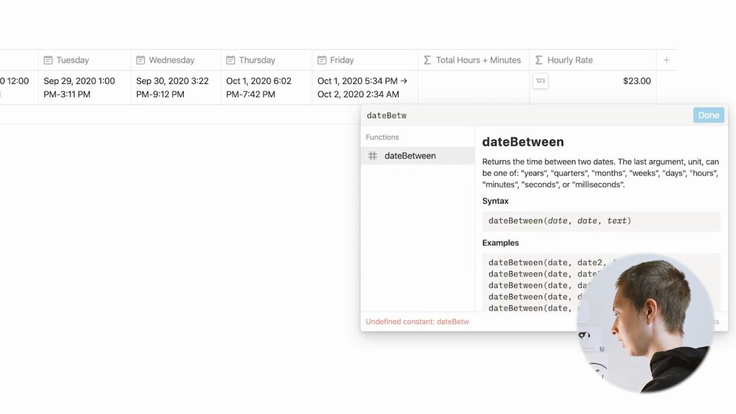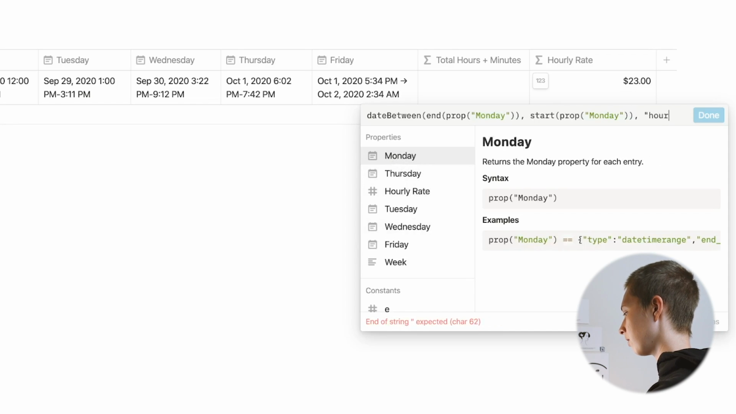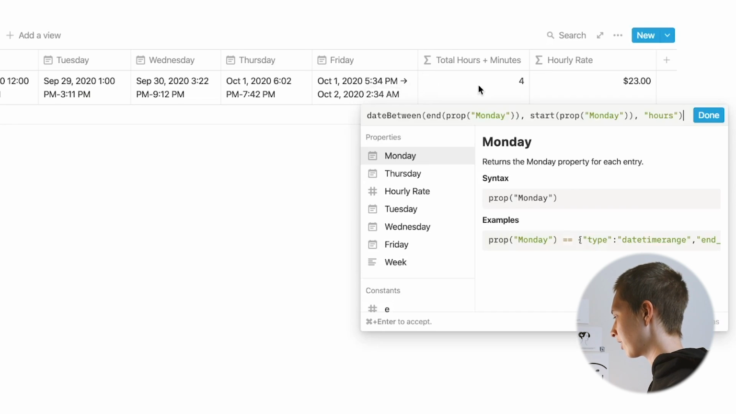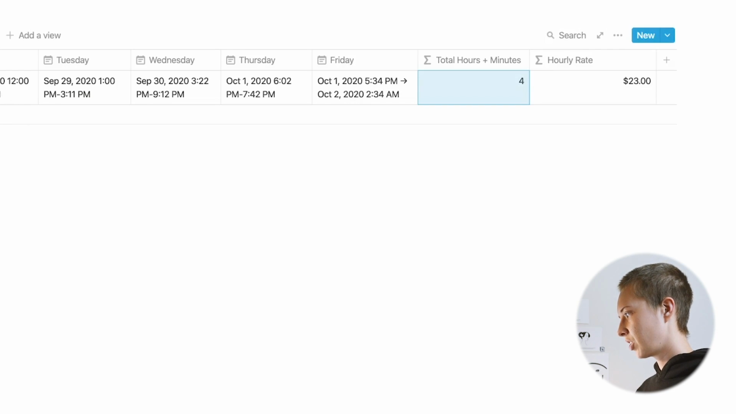To find the total amount of hours this week, you might want to do something like date between the end of property Monday and the start of property Monday in hours. I have it in dollars. Let's just put it in regular numbers. As you can see on Monday, it isn't just 4 hours. You also have that 15 minutes. So to include the minutes,